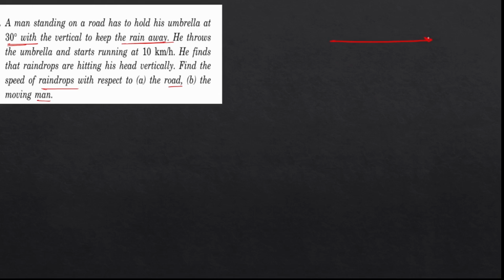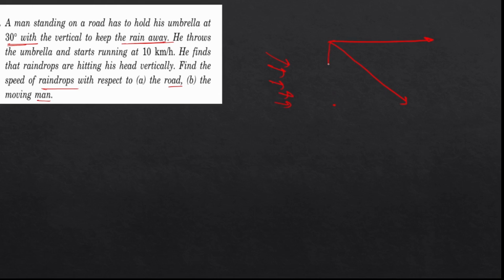Let's say this is the ground. So how is rain falling on the ground, this way, right? Say this is the direction of the rain, which is falling on the ground in this direction, and one man is standing here. Okay, one man is standing here, and rain is also falling at an angle of 30 degrees